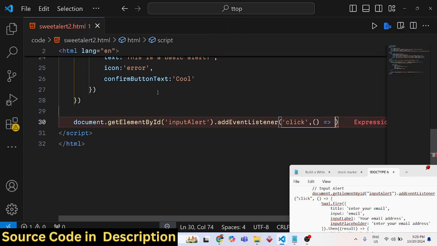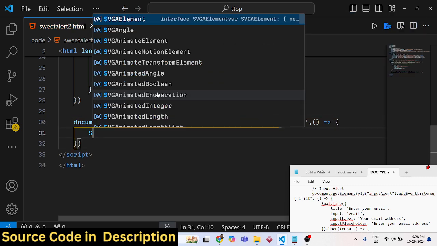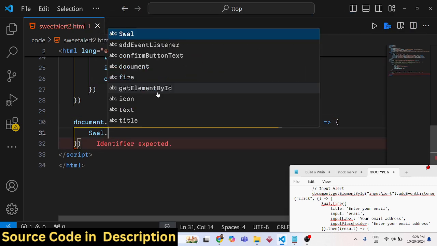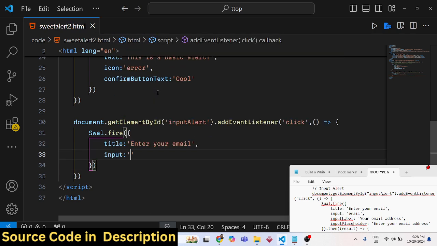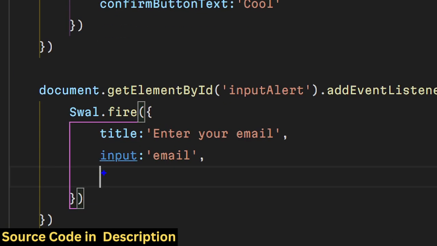So inside this callback function, again we'll use the same syntax, the fire function. Again it takes a set of objects. Here the title that you want to receive. So enter your email. So we are asking a question to the user that we need to enter your email address, and then here you will provide the second property, which is input. So here we are receiving the input email address. So you will simply type email,